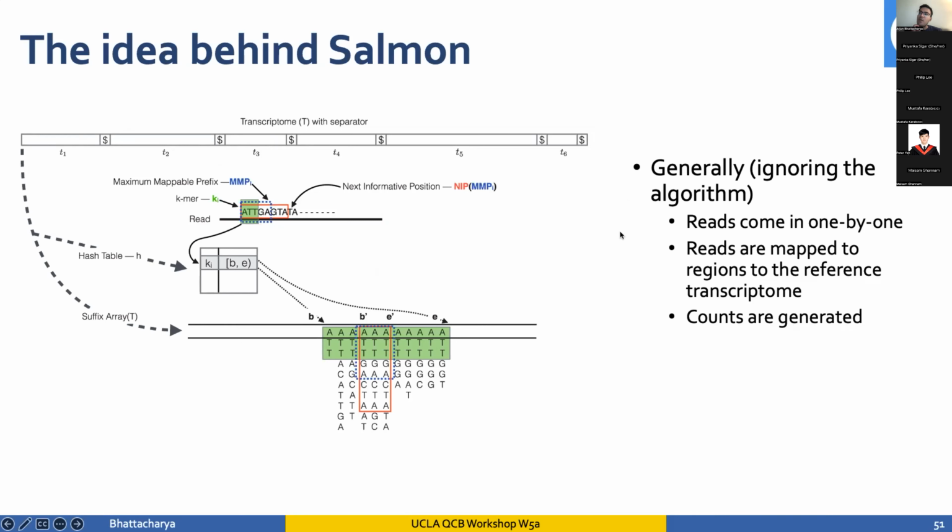Essentially, the way that Salmon works is that each read comes in one by one, and we can build out a table for each read of where it may be suitably aligned,